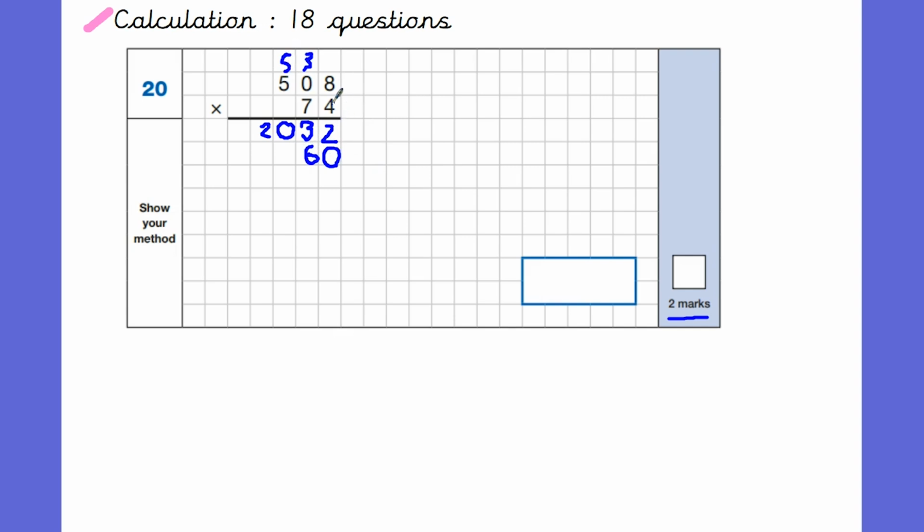Then we've got 0 times 7 is 0, but we've got the 5 there. Then we've got 5 times 7, which is 35. Now, the next step is to add those two parts together. Okay, so we add downwards. 2 add 0 is 2. 3 and 6 is 9. 0 and 5 is 5. 2 and 5 is 7. And then 3 add 0 is 3. Giving us a final answer of